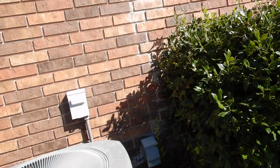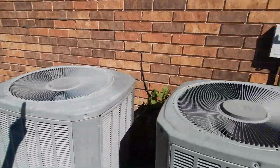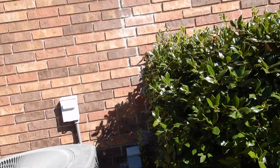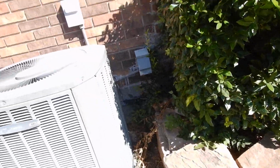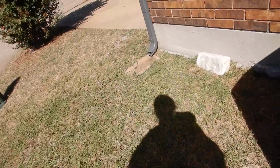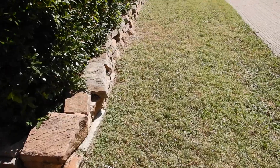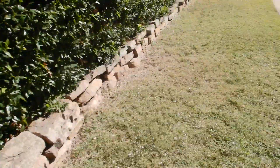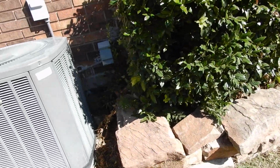But here it is. We got brickwork all the way down to here with no control joints. Mother Nature has created one, because the reason we have control joints, especially in this part of the country, is we're on expansive clay soil. On expansive clay soil in this part of town, there are a lot of minor faults, as the water tables were starting to develop and move out. Anyway,